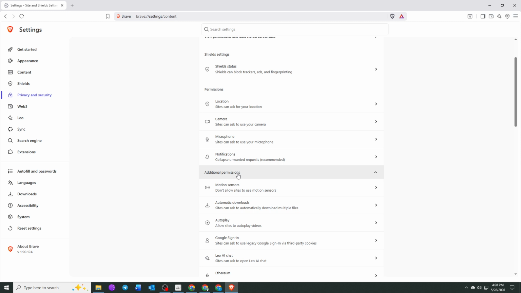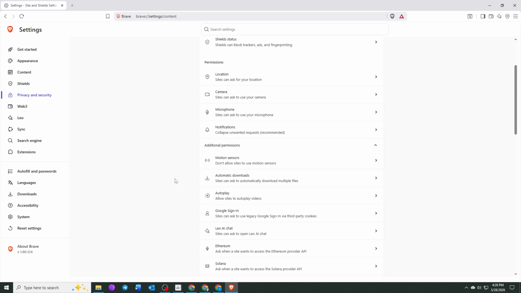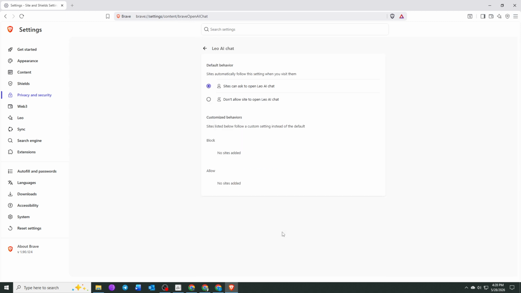Open it to reveal more advanced settings that are not immediately visible in the standard permissions list. Among these options, you should see a setting called Leo AI Chat. Click on Leo AI Chat to manage how the feature behaves inside the browser. To fully disable the feature, select the option that prevents websites from opening Leo AI Chat. Once this setting is enabled, websites and browser prompts will no longer be able to launch the Leo AI Assistant